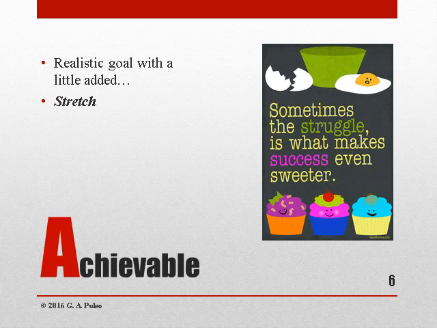But if you say, I want to have $1 million in my 401k, that's specific and measurable, but is it achievable? Is it something that you can actually achieve? So, in other words, if you are working in a job that's paying six figures, you probably have a very good chance of getting that $1 million.